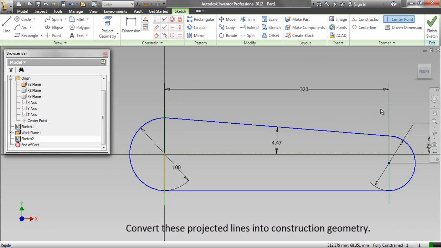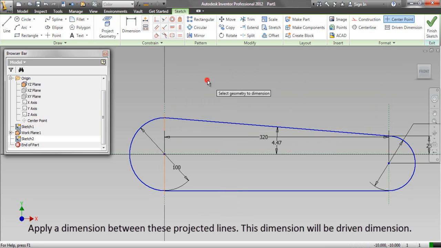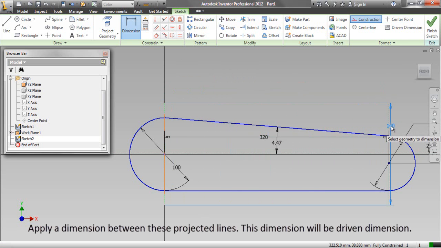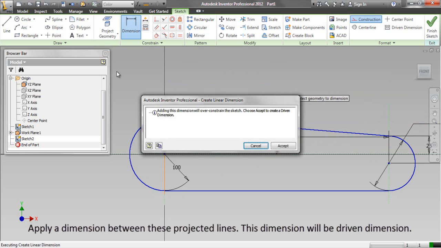Convert these projected lines into construction geometry. Apply a dimension between these projected lines. This dimension will be a driven dimension.